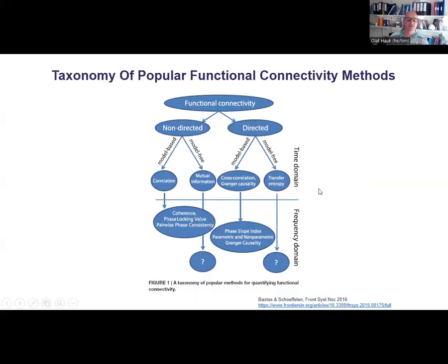But even for functional connectivity, there are lots of methods around, so there simply isn't the one thing that describes brain connectivity unless you really apply every possible method to your data. So you can look at directed and non-directed connectivity, and then there are different measures: correlation, mutual information. You can approach things in a more Gaussian or non-Gaussian framework. And then there are different measures like coherence, phase locking value, phase locking index, more directed measures like phase slope index and so on and so forth. So there is a lot you can do with your data, and I will only cover the basics in